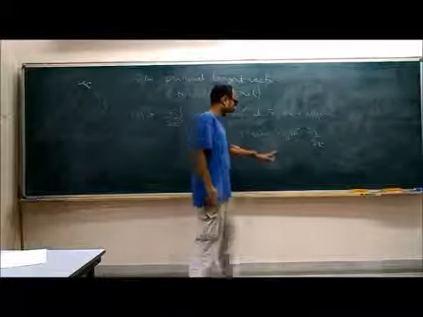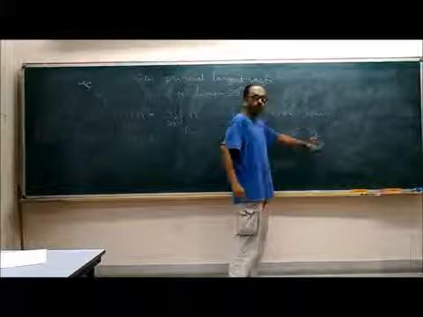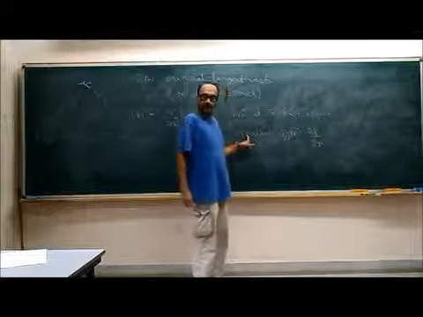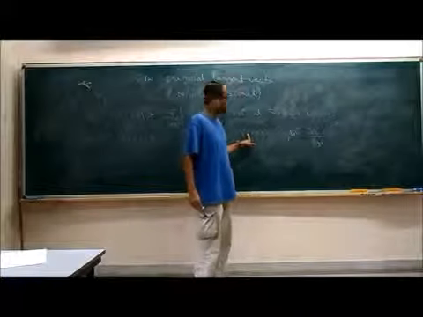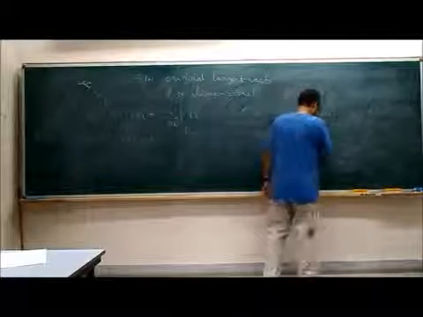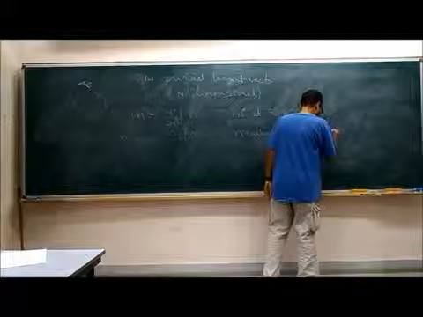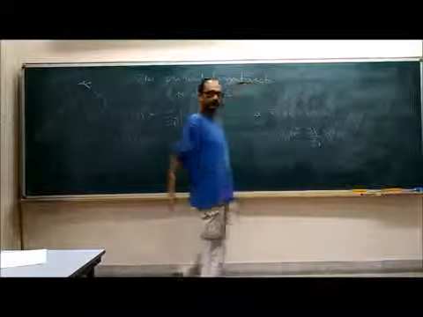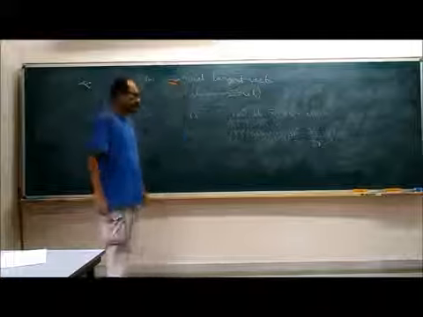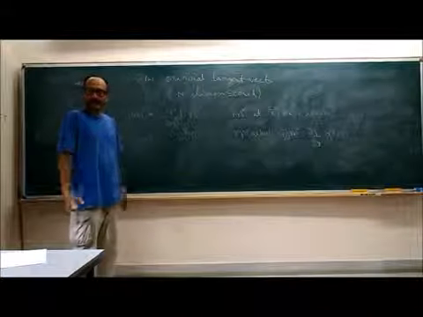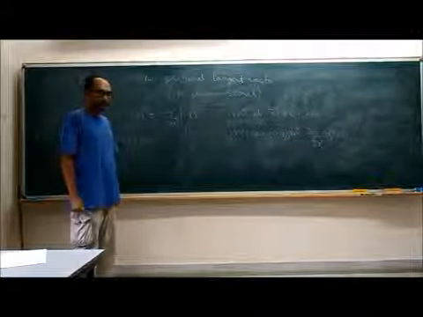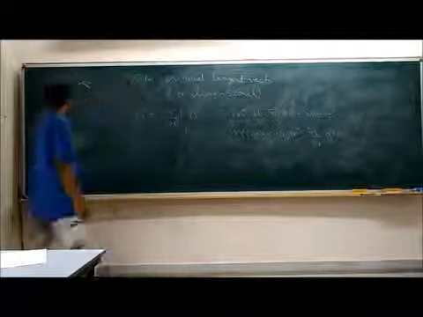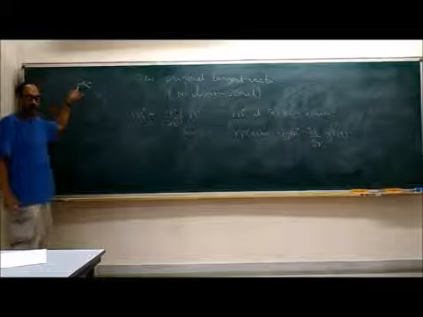Okay, but we are not done yet, because this index is below, and this index is up. So what should you do? You use a metric: you put a g i j. It's a little more complicated than the earlier one, and that is because the operation that we did earlier was in fact a simple operation.